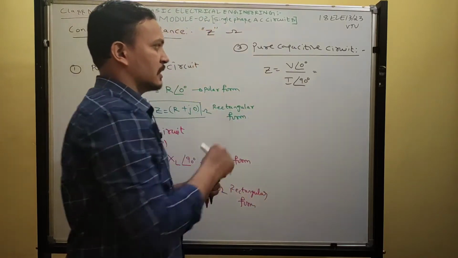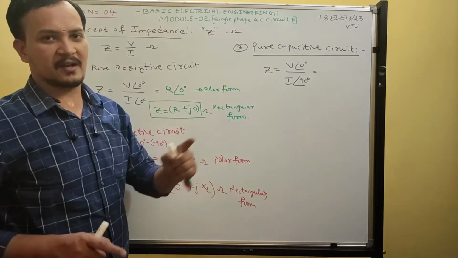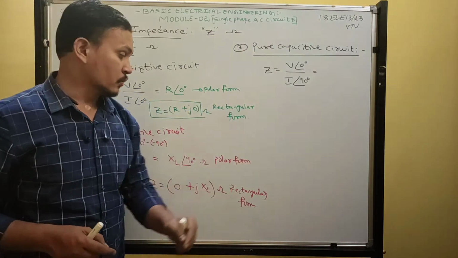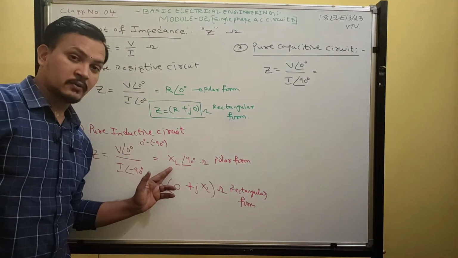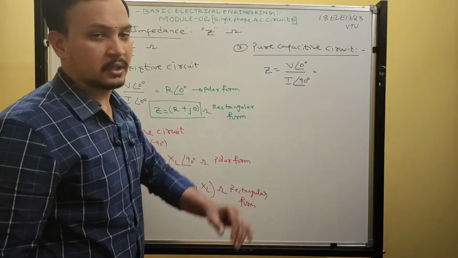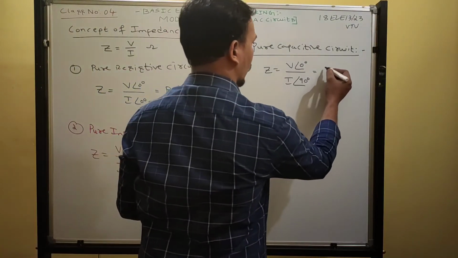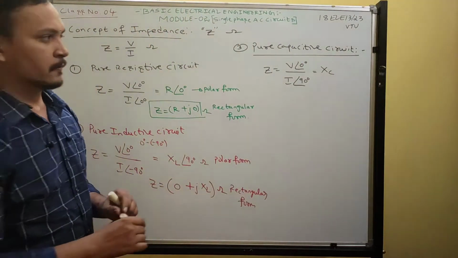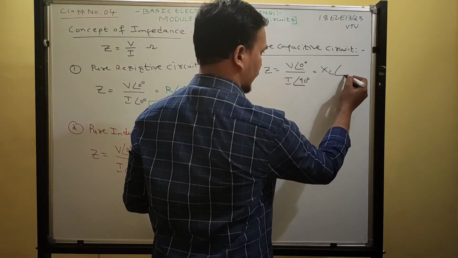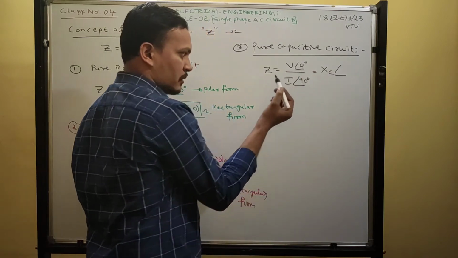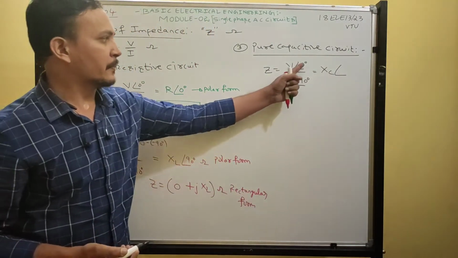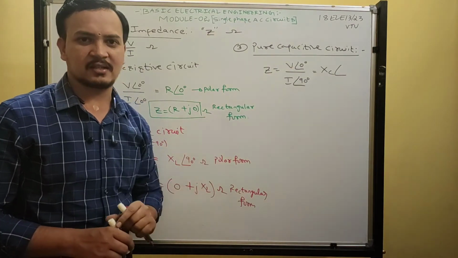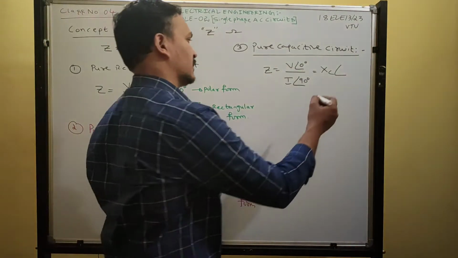Now, in this case, the ratio of voltage by current, don't write resistance. You should write capacitive reactance. Why? Because the unit of inductive reactance is ohm. Similarly, the unit of capacitive reactance is also ohms. So you should write V by I is nothing but XC at an angle of upper angle minus lower angle. How much will you get? Plus 90 or minus 90? Very good. Minus 90 degrees.